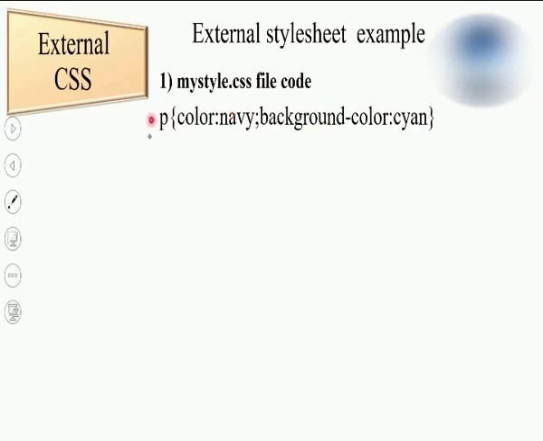Students, let us see the example of how we can make use of external CSS in our code. So here I have created one file by giving the name mystyle.css. I will open a new notepad file and in that I will type like this. So I will just type only this single line in my notepad. So in this notepad, I will specify I want font color navy. I want background color for the paragraph as cyan. Okay, so text color of the paragraph will be navy and background color for the paragraph will be cyan.